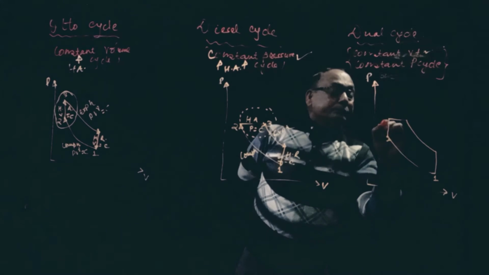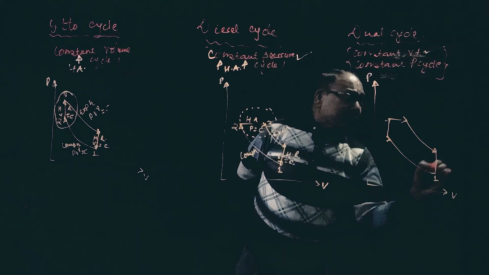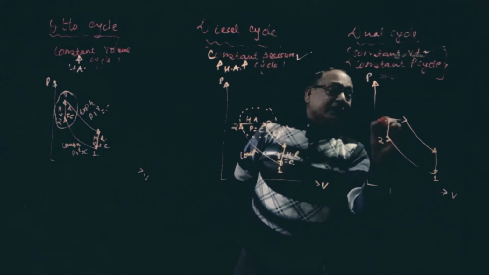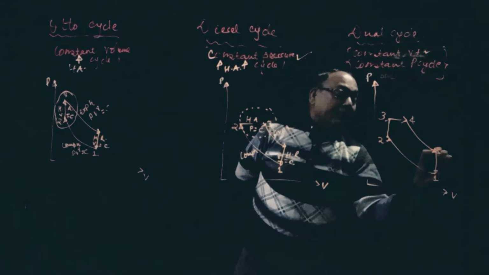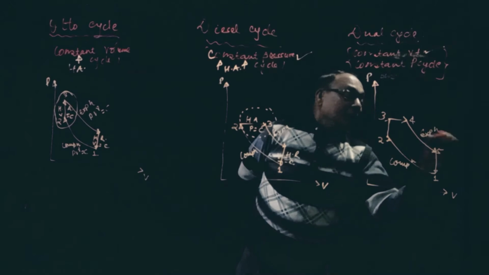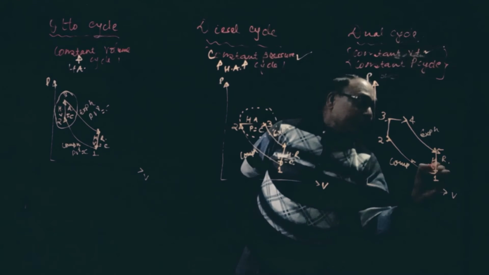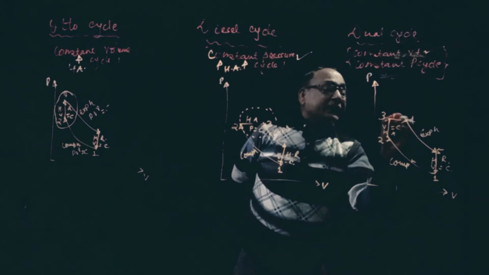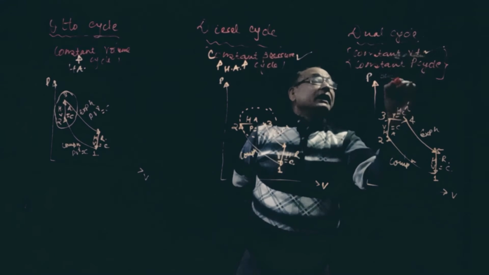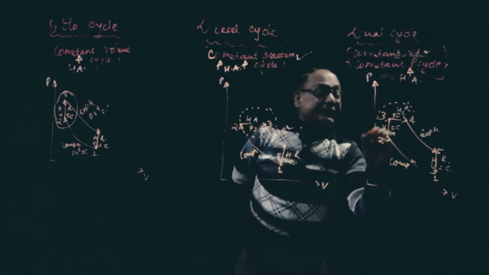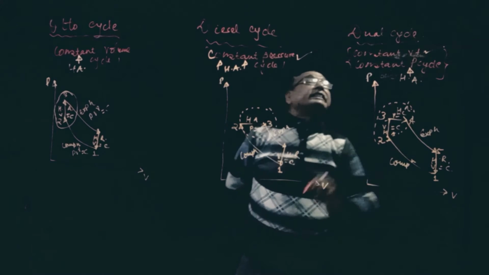See now, I am giving you all 3 cycles at one place so that you can remember the cycles very easily, 3 to 4, 4 to 5. This is compression, this is expansion, this is heat rejection at constant volume, this is constant volume heat addition, and this is constant pressure heat addition. So here heat addition takes place at constant volume and constant pressure. See here, that is why this is named as a dual cycle.